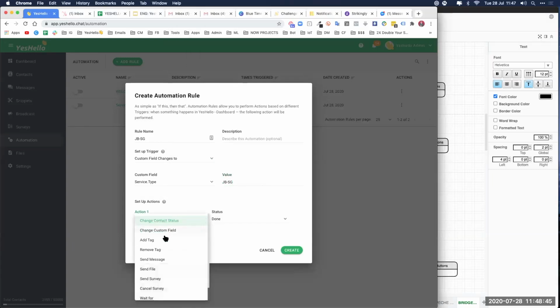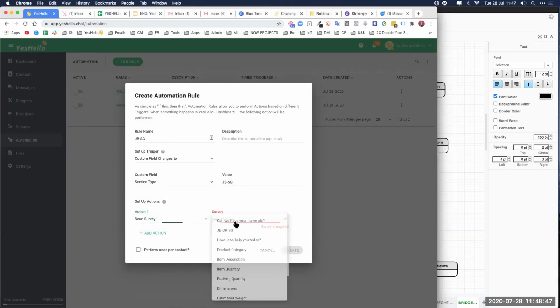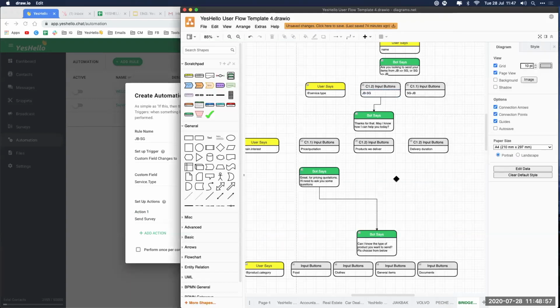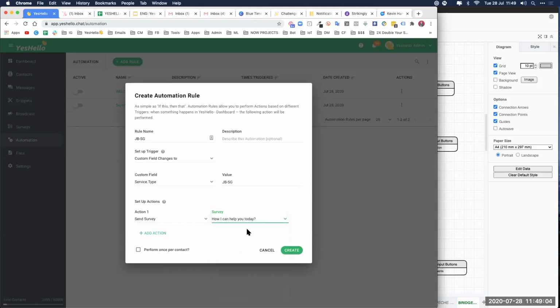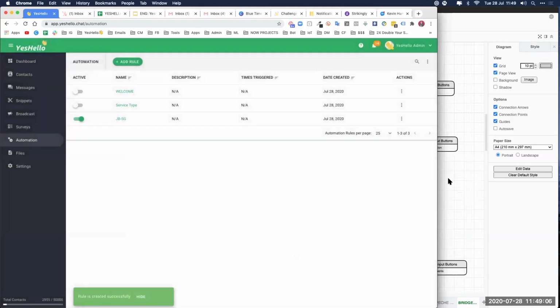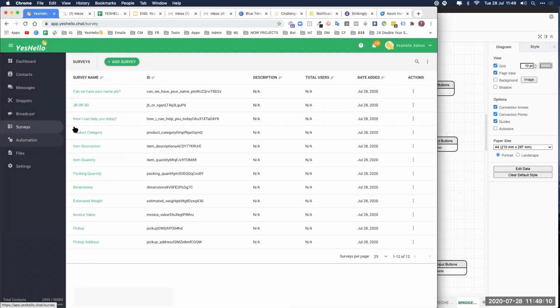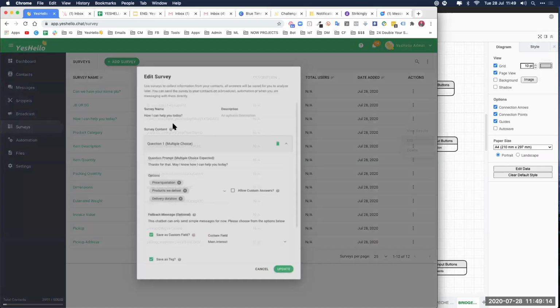So we want to fire, send a survey called main interest. Main interest. What did I save it in? How can I help you today actually? So we're going to rename that lah. Rename that to something else, right? So how I can help you today? Okay. So let's change that to main interest. Just change that. How can I help you today? Let's change this to